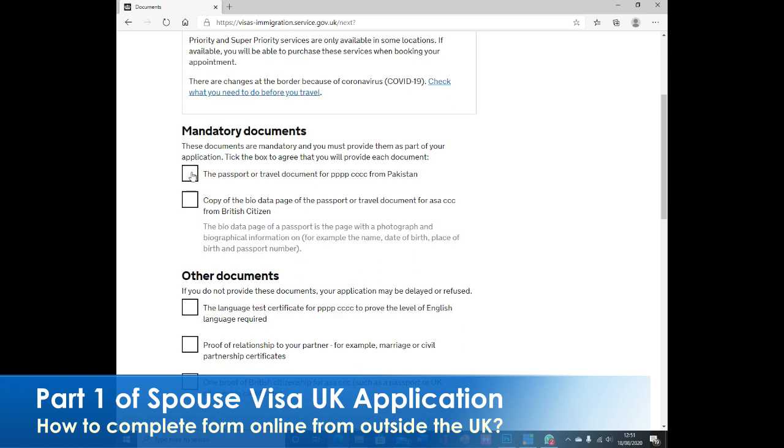So passport of the applicant, biodata page, make sure for British citizens, sponsor. Other documents, sponsor language test certificate to prove the level of English required. English language, proof of relationship such as marriage certificate. Make sure, this is very important, if your marriage certificate is not in English language, you must get it translated by a certified translator